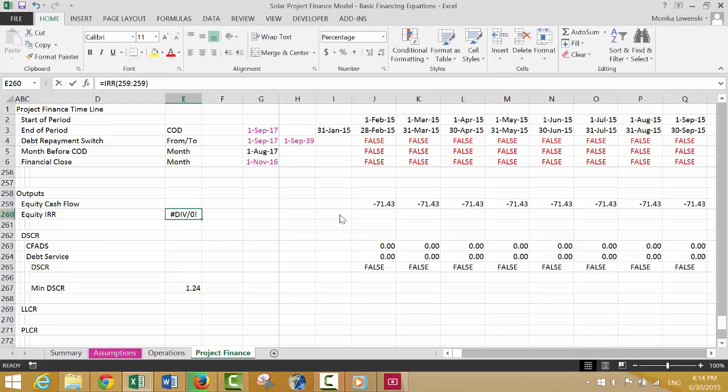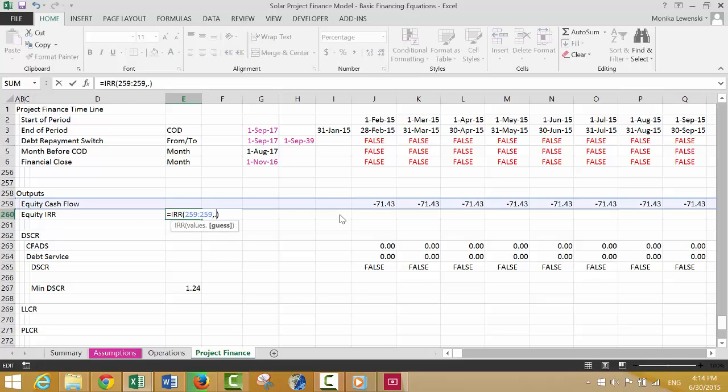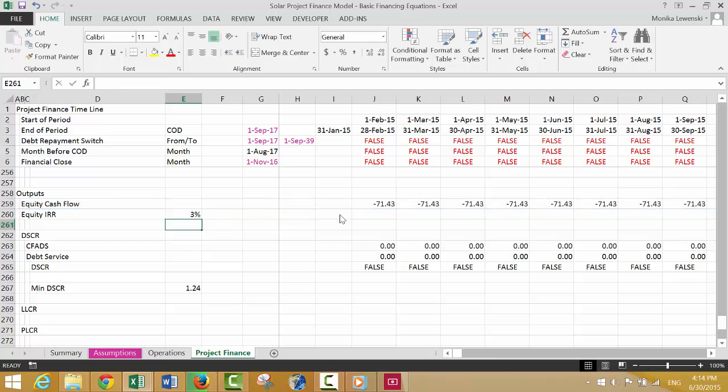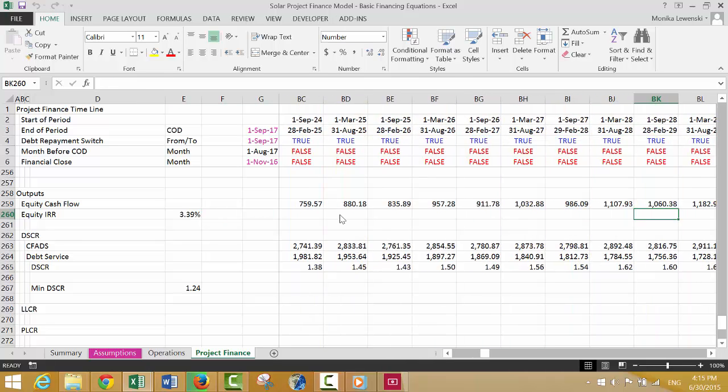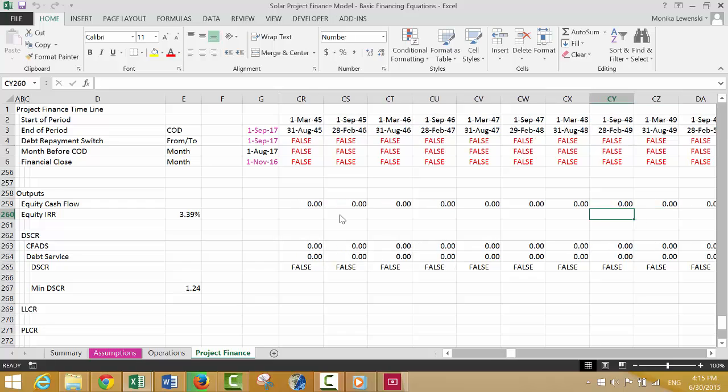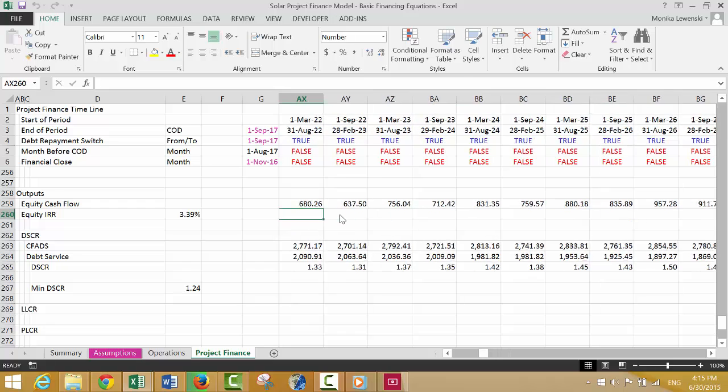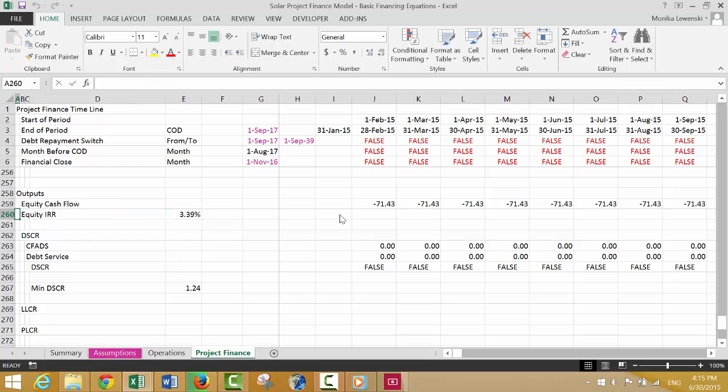Okay. Uh-oh. Sometimes. Why is this? There's clearly a problem with something else in this model, because that doesn't really make any sense, that the equity IRR, if